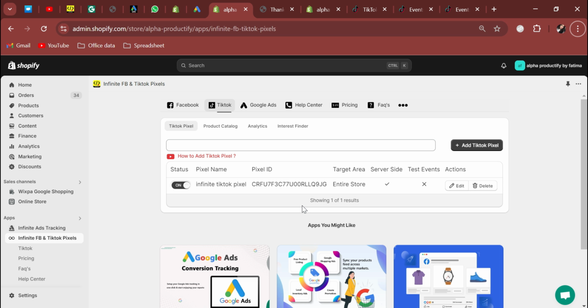The best thing about our app is that it is compatible with Shopify checkout extensibility, that is Shopify's recent update. So this was all about Infinite TikTok Pixel. I hope after watching this video you will have a clear idea of how to set up this app and how it